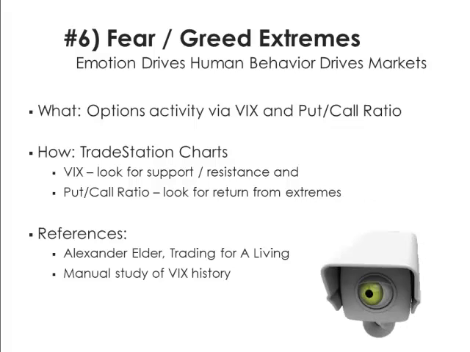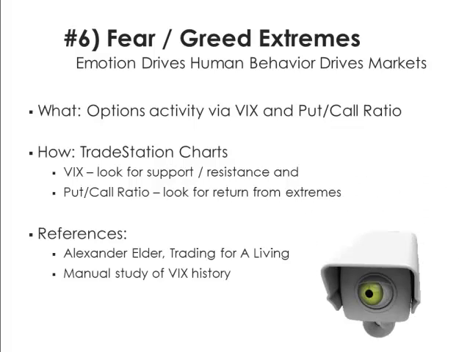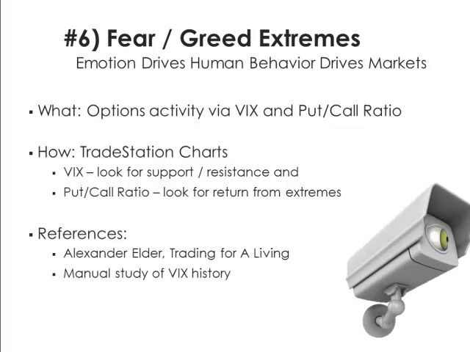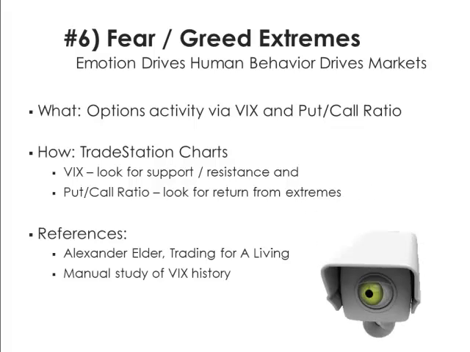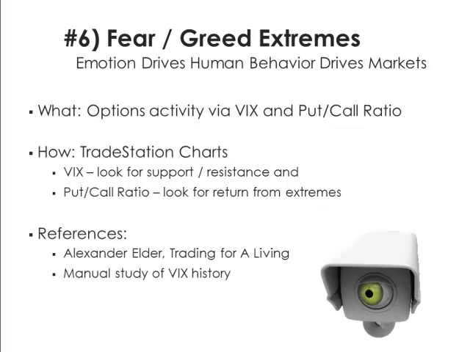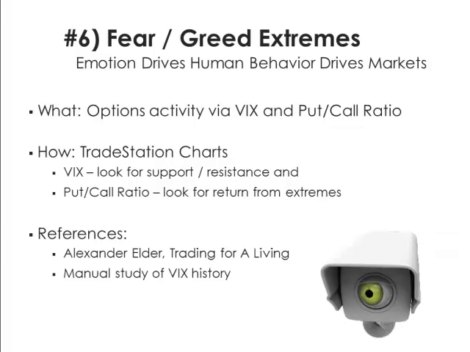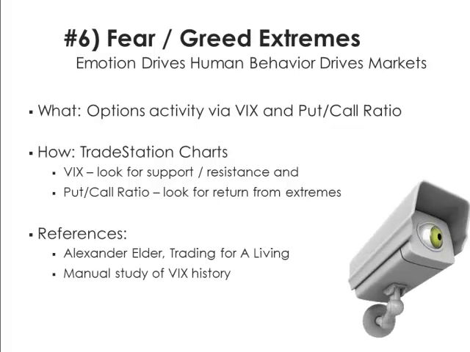I also look at the put-call ratio, and I look for a return from extremes. And what I mean by that, and you see on the chart, when a lot of puts have been purchased and that ratio goes extremely high, then it'll turn around and come back. After a certain point, everybody who's going to get bearish has been bearish. So when it turns and comes back, then we tend to have a bullish move, and that becomes a buying opportunity. So this is a contrarian indicator,